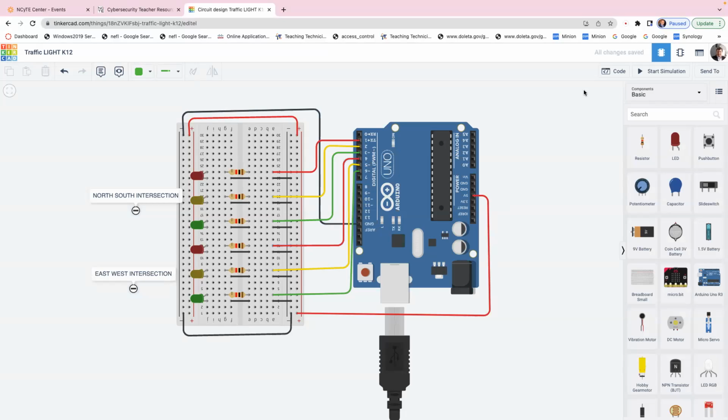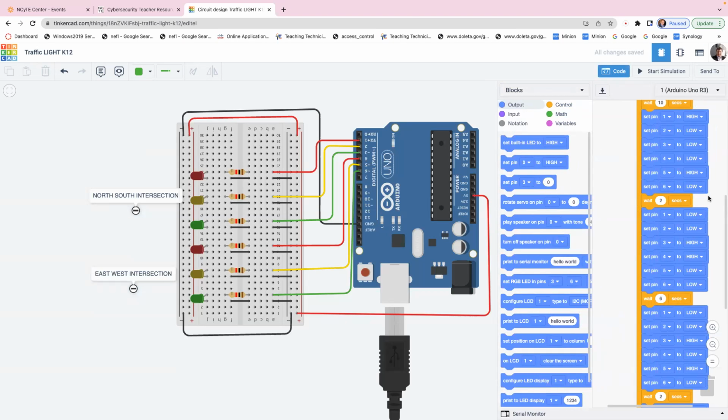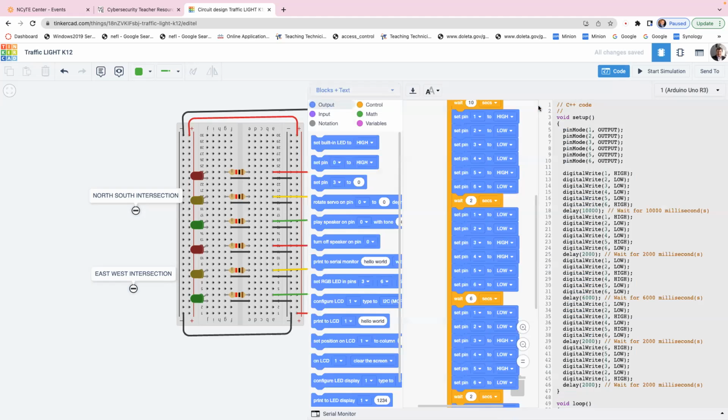But the idea is that they can build this without having to be engineers, right? But they can learn the code. And one of the things that we challenge them to do is to use both the block code and the C or the Python code. It's not that they're going to be programmers, but as a cyber person, you need to be able to interpret some code and have an idea how that code presents a vulnerability if someone's able to go in and actually modify it.